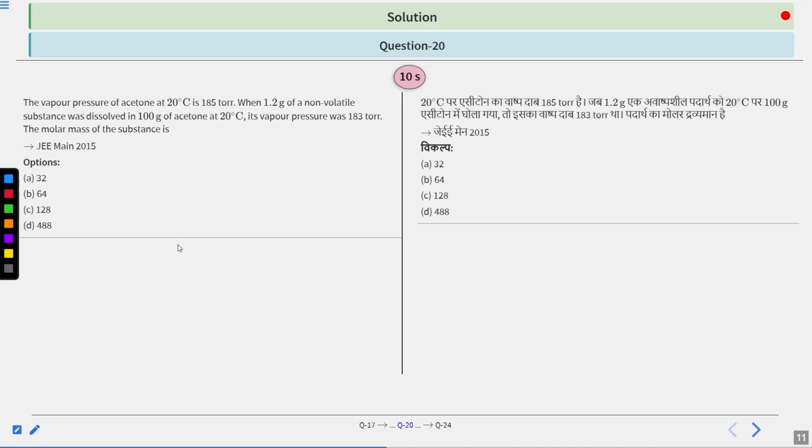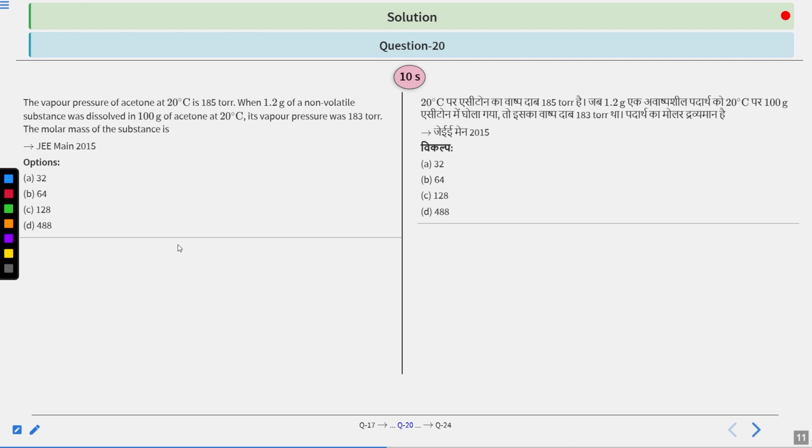So the vapor pressure of acetone at 20 degrees Celsius is 185 torr. When 1.2 gram of a non-volatile substance was dissolved in 100 gram of acetone at 20 degrees Celsius, the vapor pressure was 183 torr. The molar mass of the substance is, your options are A 32 gram, B 64 gram, C 128 gram, and